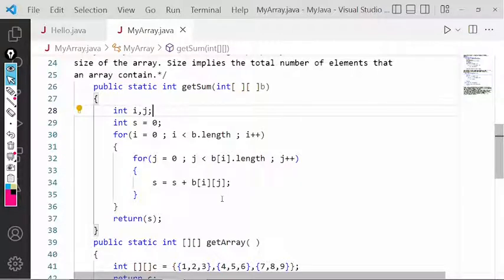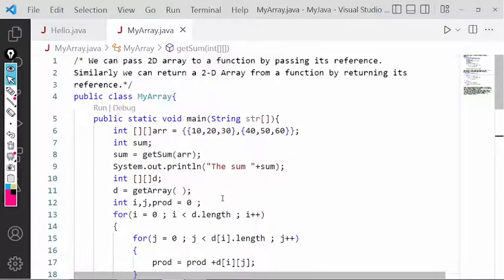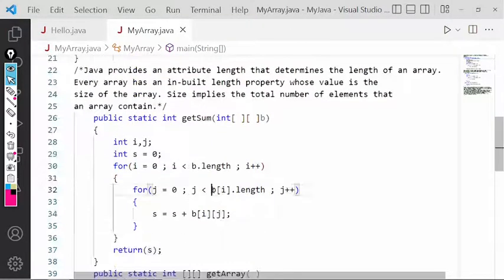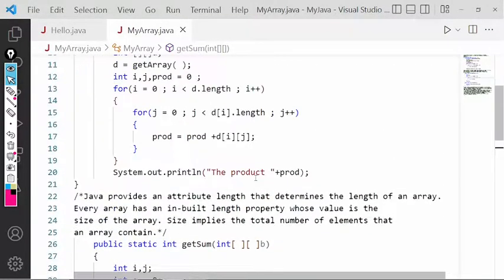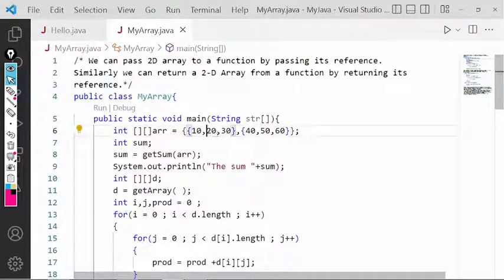When I write i less than b dot length, b dot length will return 2. Why 2? Because it has two one-dimension arrays, 10, 20, 30 and 40, 50, 60. And when I write b[0].length, it will return 3, that is 1, 2 and 3.